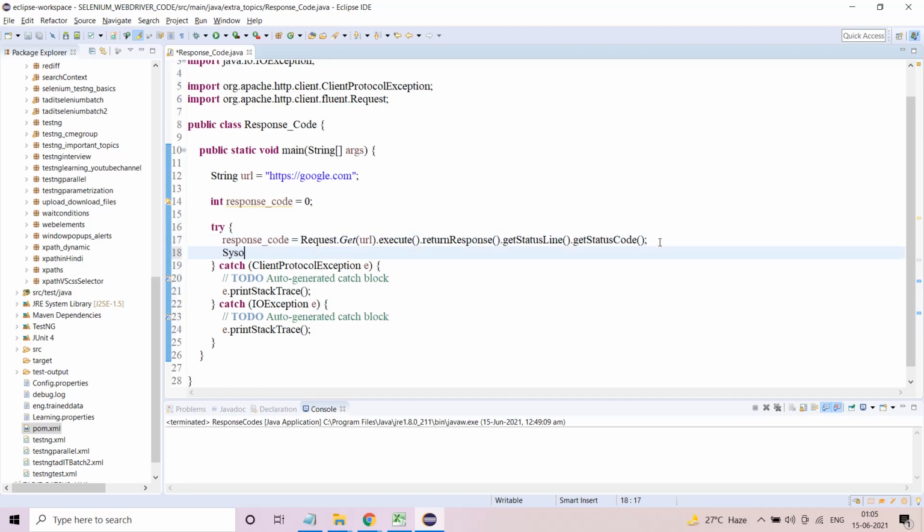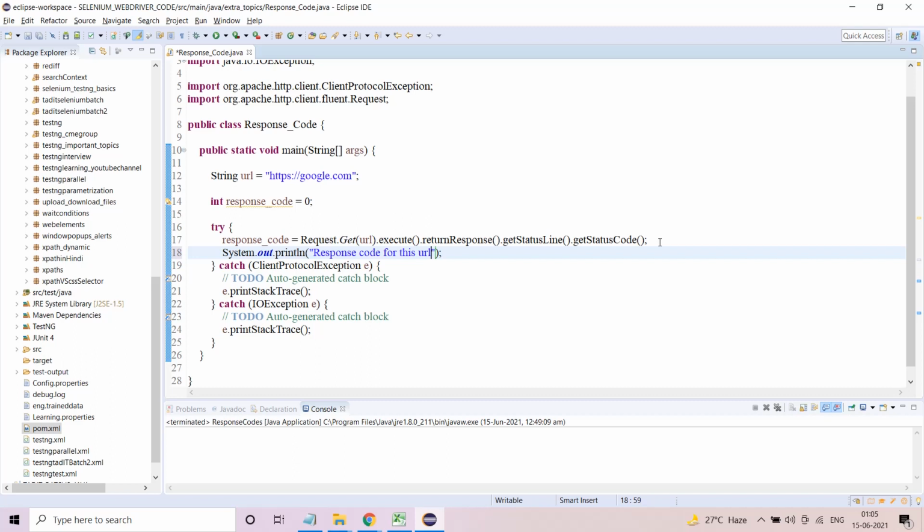Now you want to determine what is the status code of this. So you will write response code for this URL.